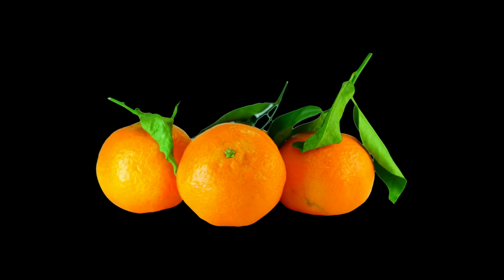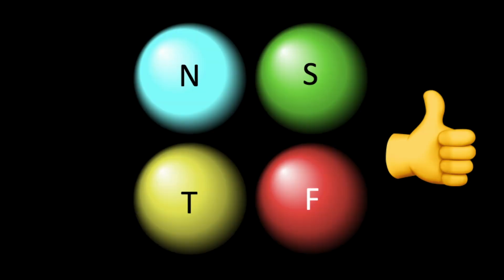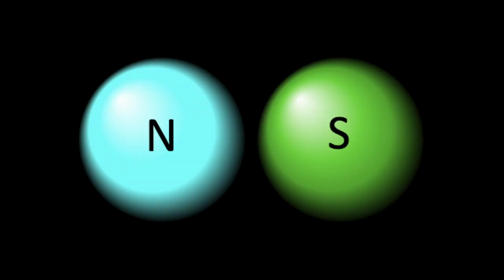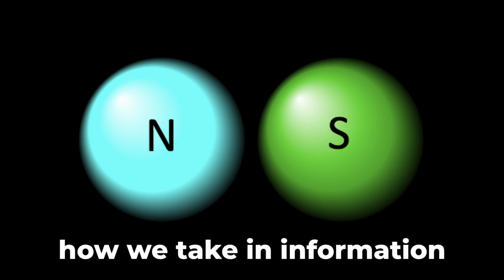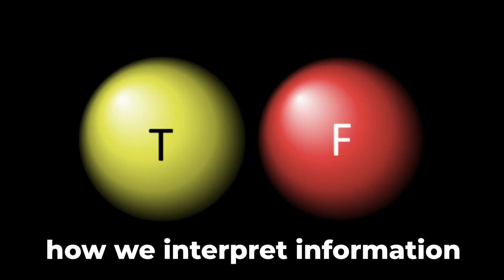Okay, so there are functions, and they are represented like this. It seems like, as a general rule, if you're going to display a cognitive function, if you're going to manifest an invisible but nonetheless existent function into something more visually tangible, then you're going to have to use molecular model balls from chemistry class. Okay, now we are making progress. So we have functions. And we have two functions that deal with how we take in information, and there are two functions that deal with how we interpret that information.